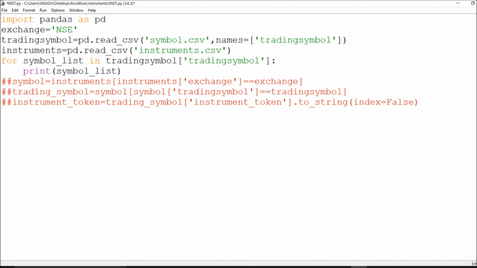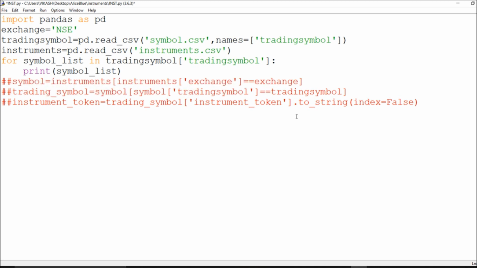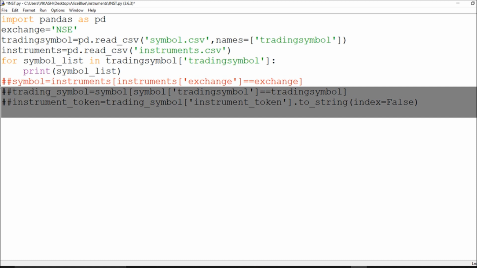Right now I want to save it in my CSV file. I just go through this stuff, save it in a CSV, call in my WebSocket ticker, and we are good to go. Here I already have the exchange. I want to go for the exchange, and the trading symbol is there, in which I will go for whichever trading symbol I want. So we should take this stuff out and paste it.